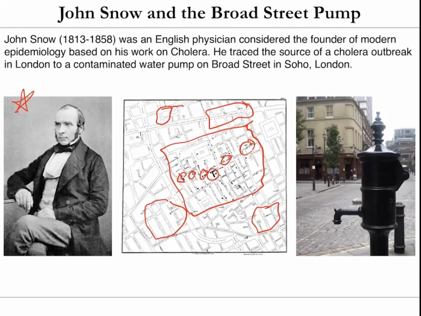People even back then did not know that cholera was necessarily spread through contaminated water. So he said, okay, everybody in this region is getting cholera, and everybody in this region is drinking from the same pump that's here on Broad Street. And so what he did was very ceremoniously take the handle off of that specific pump, and guess what? The cholera completely went away. That is basically the type of work that epidemiologists do today to try and quell the spread of disease. And there's actually a sort of ceremonial pump in that region of London today in honor of the work that he did.